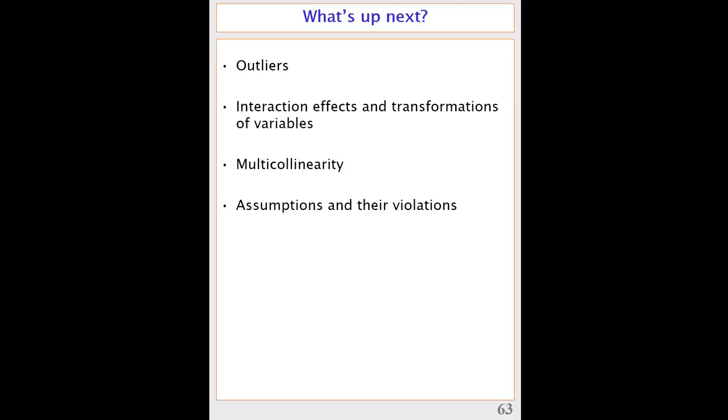The other thing, interaction effects, already alluded to very briefly, and all other kinds of transformations of variables that make the model fit better. We need to go through that as well. Multicollinearity is an issue, I want to talk about what that is. And the bigger part, actually the bulk of the work, is in checking assumptions, the violations of assumptions, and what we can do about it. And that is heavy stuff. Okay, we have 2 more about multiple regression. The 2 more will be next week. So the bulk of the work is going to happen